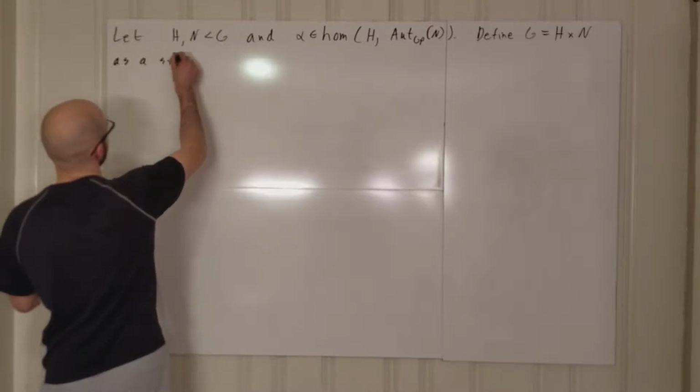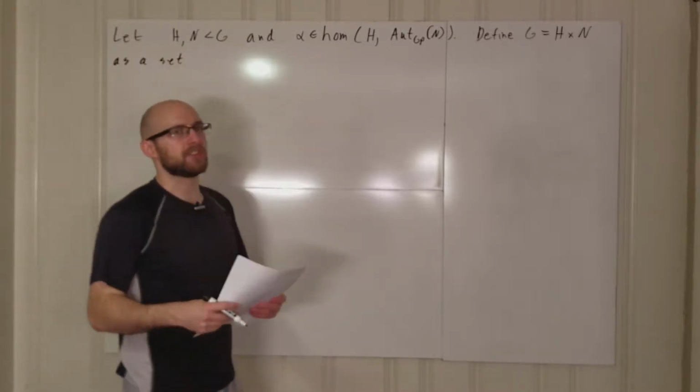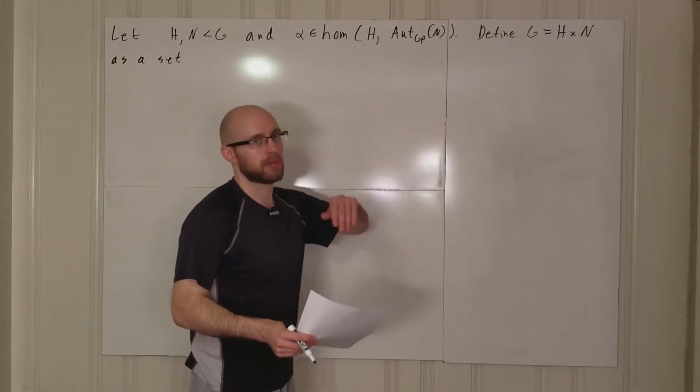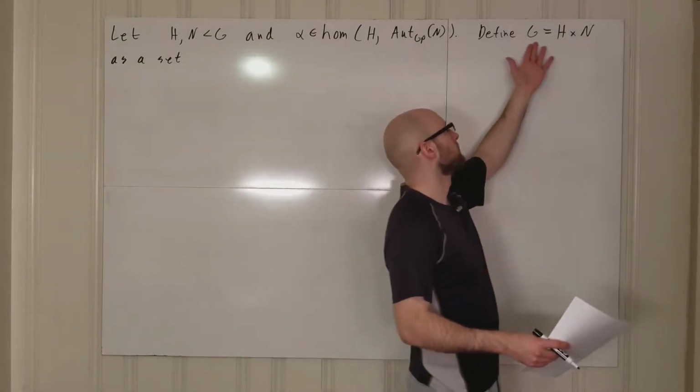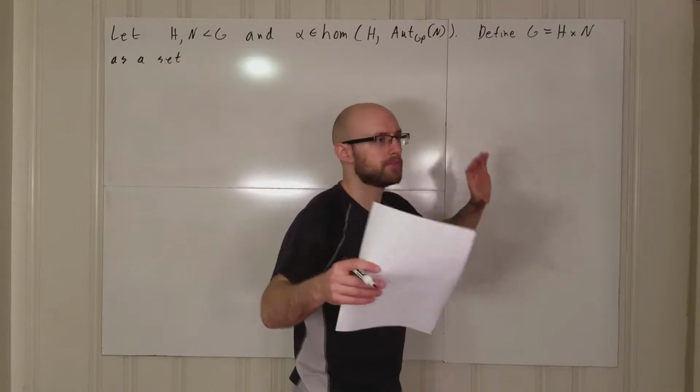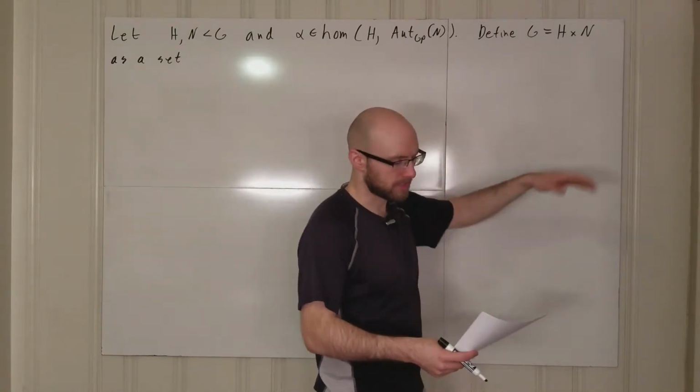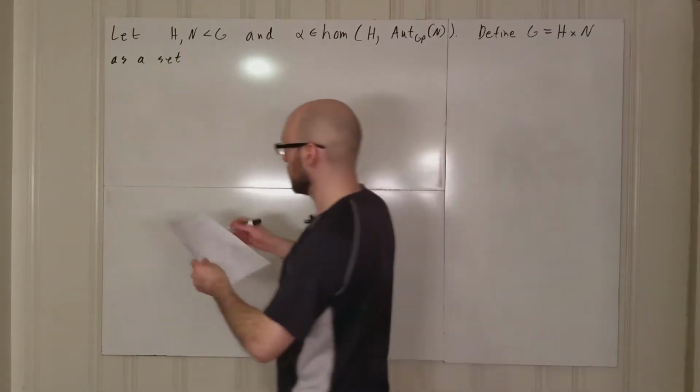So this is not the direct product of H and N, it's not the group direct product of H and N, it's the set direct product, i.e. the elements of G we write (h, n), it's a set,